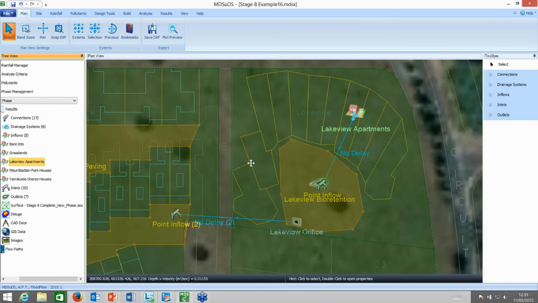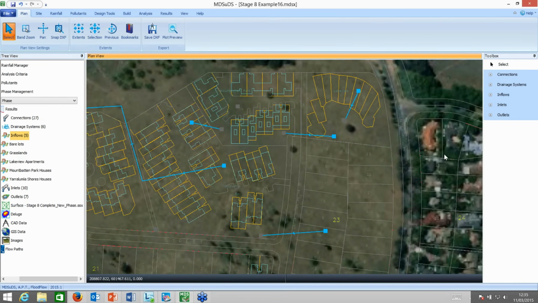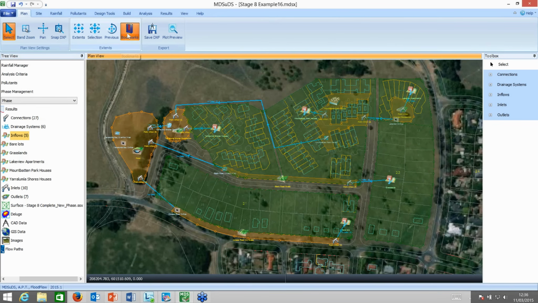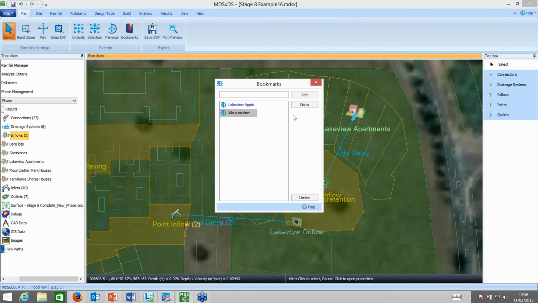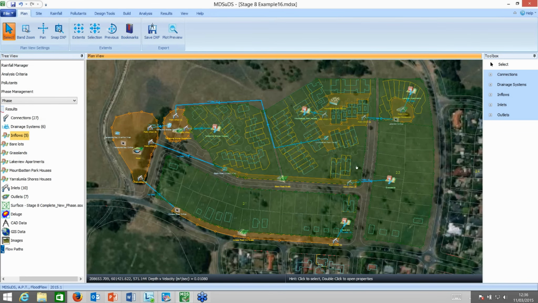And then if I click on here and then pan out a little bit, I could now bookmark this view and say site overview, and then add that. So in other words, if I wanted to zoom back into the lake apartments, I could say go to the lake apartments, and if I want to go back to the site overview, I can go back to the site overview. Okay, I find that really, really useful, particularly when we're doing this kind of work,